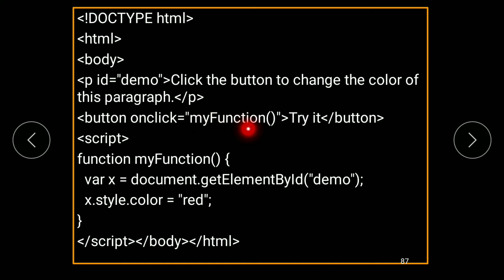So this is nothing but the function call, and this is the HTML part, student. This is not a scripting part. This is only the HTML part, and myFunction is nothing but the function call; the function itself we have to write in the script block.